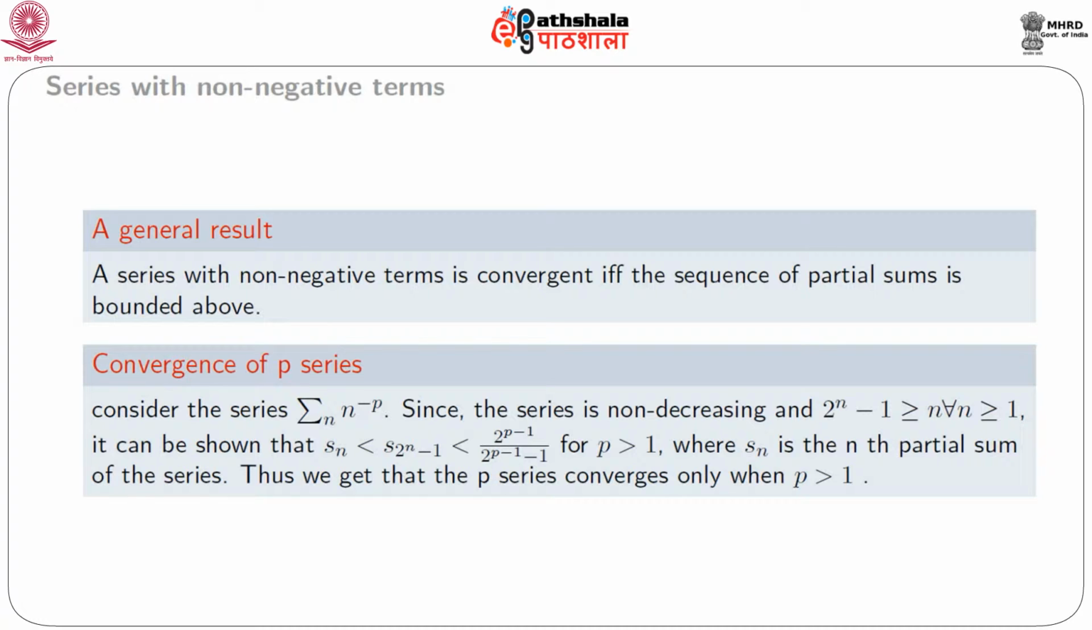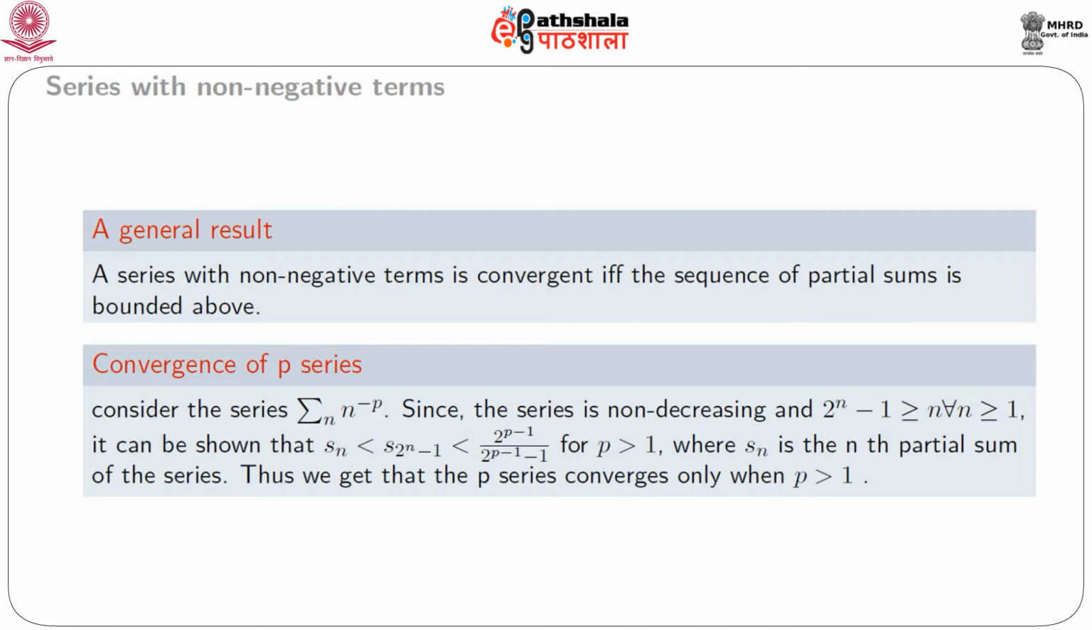So, consider the series summation n to the power minus p, where p is any real number. Since the series is non-decreasing and 2 to the power n minus 1 is greater than or equal to n for every n greater than or equal to 1, it is observed that this P series is a